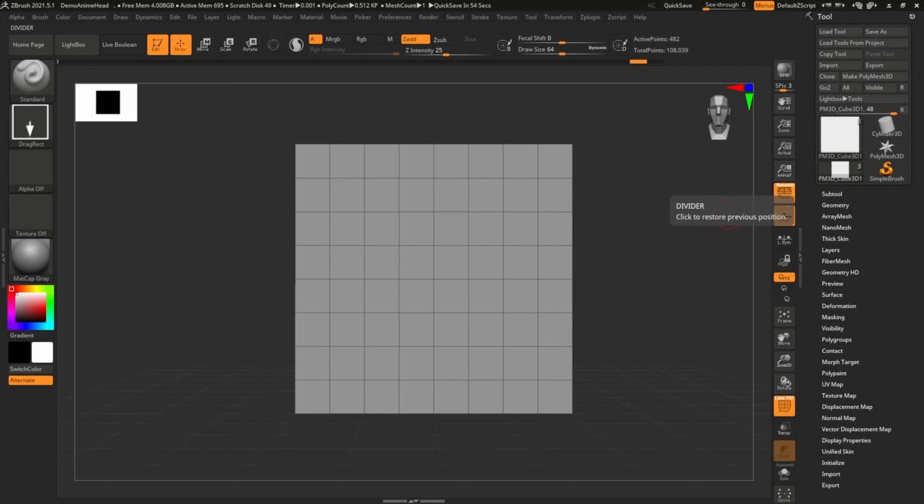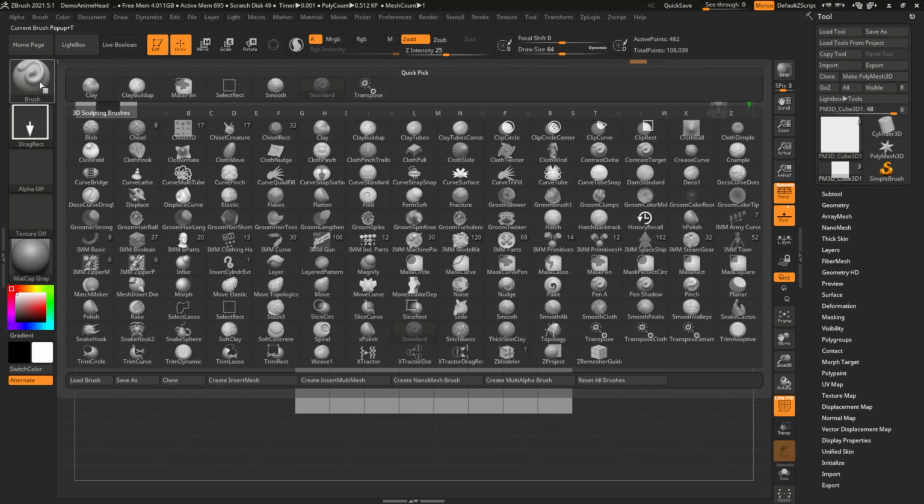Let's first look at the select tool. The select tool can be divided into two types, Select and Select Lasso. This tool can be used to select a specific part of the mesh. You can think of it as a selection tool, to hide or show. Then let's see where the selection tool is. If you look at it and say select,